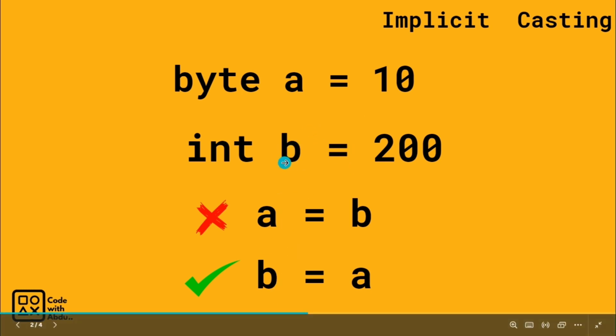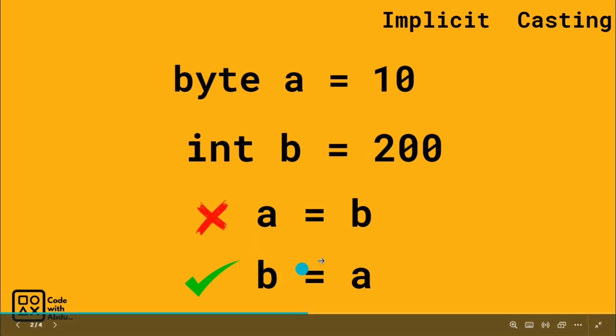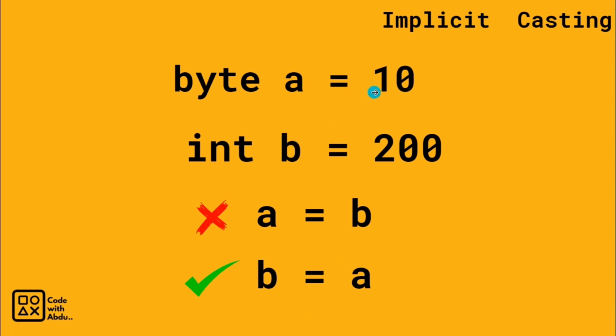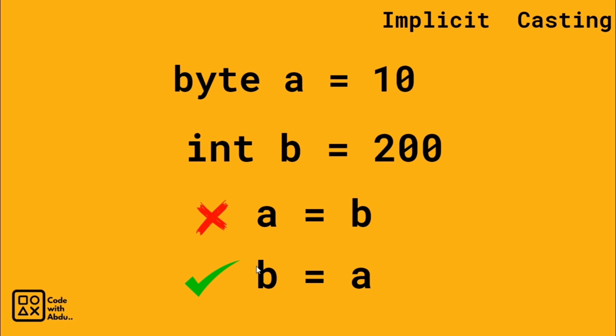then what we are doing here is taking b, which is 200, and we assign a to it, like we change b to the 10. So what you are doing is putting a small basket into the big basket. So this is a type conversion, and this type conversion is called implicit casting. Okay, so basically what we had done is